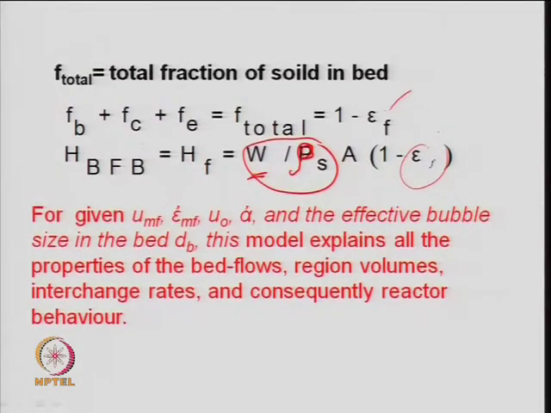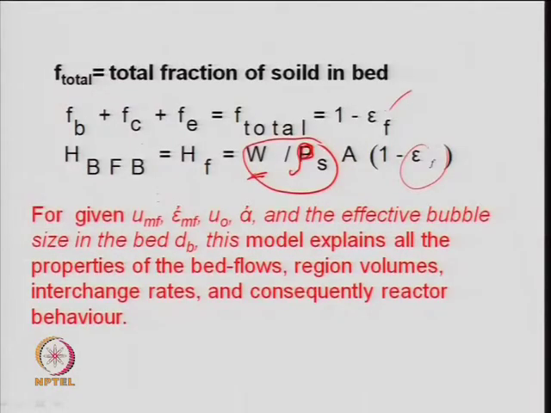So, either you write a solid balance or you write it in terms of the volume of the gas in the bed, between the particles, something like the gas in the pockets between the particles. That volume plus the volume of the bed, that is the catalyst volume, is the total volume, related with the height. So, all these parameters like your minimum fluidization velocity, which you get from the experiment, minimum bed porosity epsilon f, superficial gas velocity required, alpha which we defined in terms of the resistance, and effective bubble size dB in the bed.